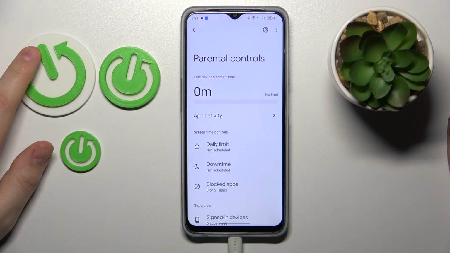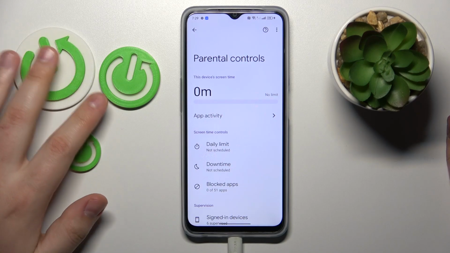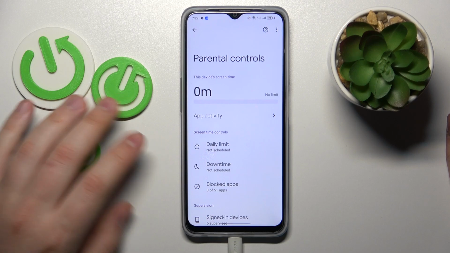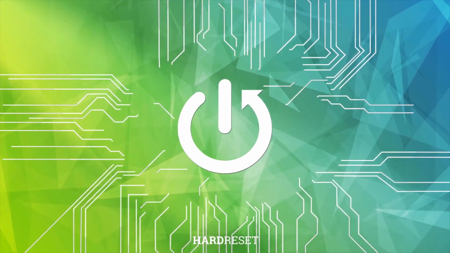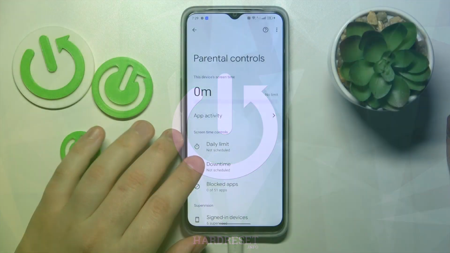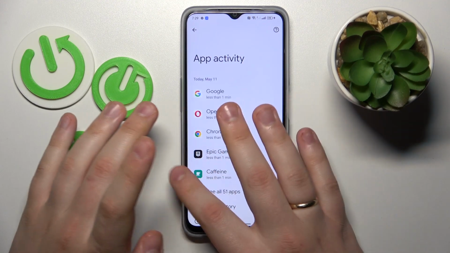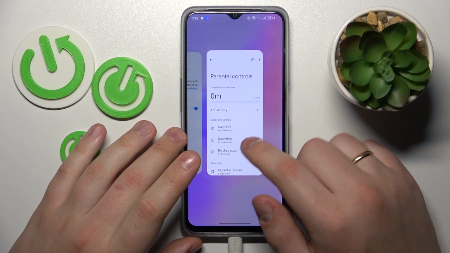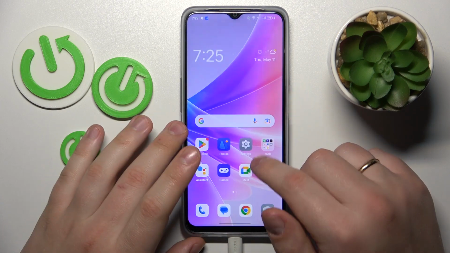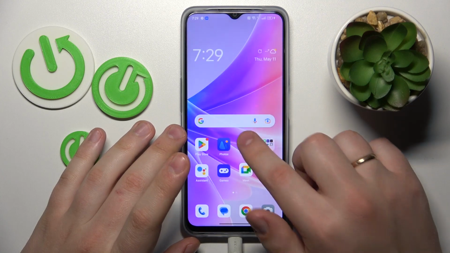This is OPPO A77 and today I would like to show how you can bypass parental controls on this device. So as you can obviously see, my parental controls on my device are enabled. So in order for me to get rid of them once and for all, I will need to launch settings,